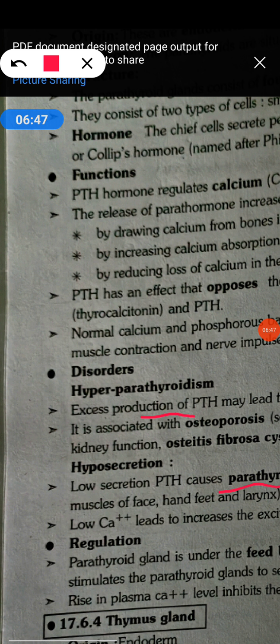So low calcium ion leads to increased excitability of the nerves and muscles, causing powerful contraction of the muscle, and that is called a cramp. What is meant by a cramp? Powerful contraction of muscle due to low calcium level in the blood. And again, convulsion means there is giddiness, that is a convulsion.